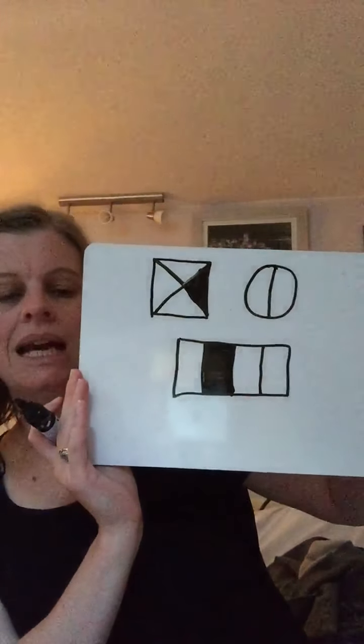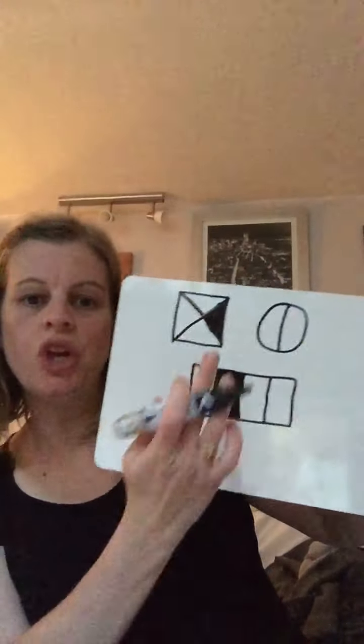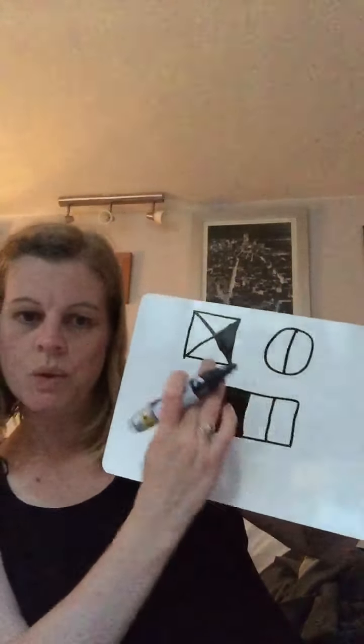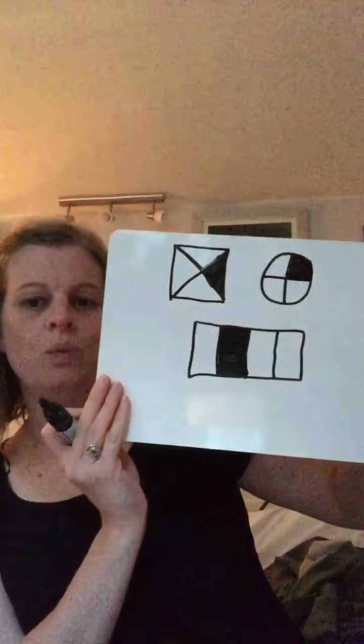Let's have a go at the circle. What have I split my circle into now? I've split my circle in half. I've got 2 parts and they're equal, so it's in half. Then I need to split it into quarters. Now I want to colour in 1/4. There we go. 1/4. Now today we're going to have a go